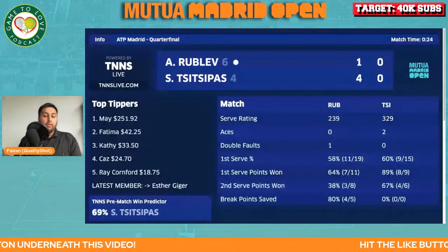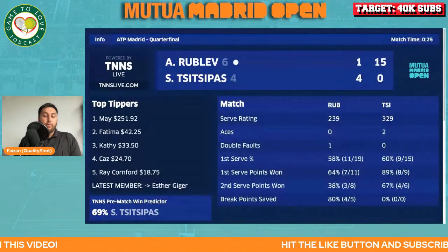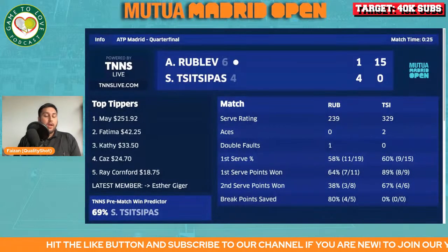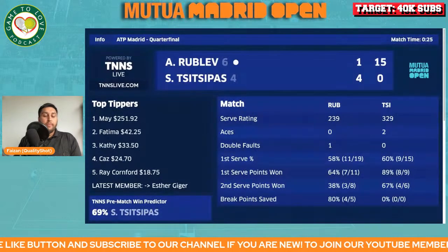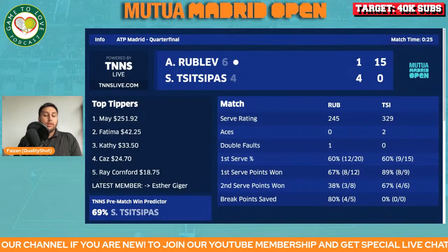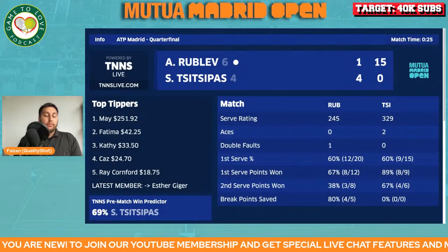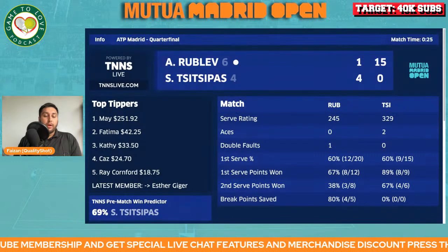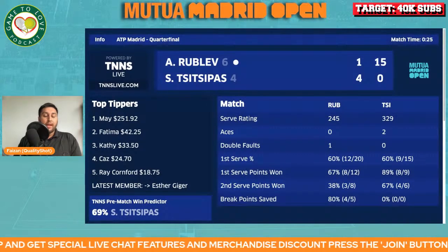Good serve out wide. Great depth, though, from Tsitsipas down the line with the forehand. Backhand to backhand. Rublev goes down the line. Great backhand on the line. It's a short ball. Puts it away. Into out with the forehand. Really good from Andrey Rublev. It's a 1, 2, 3, 4 punch there, and a knockout blow from Rublev. Yeah, delivers it with ease as well. Really impressive. Just honing in on the backhand corner